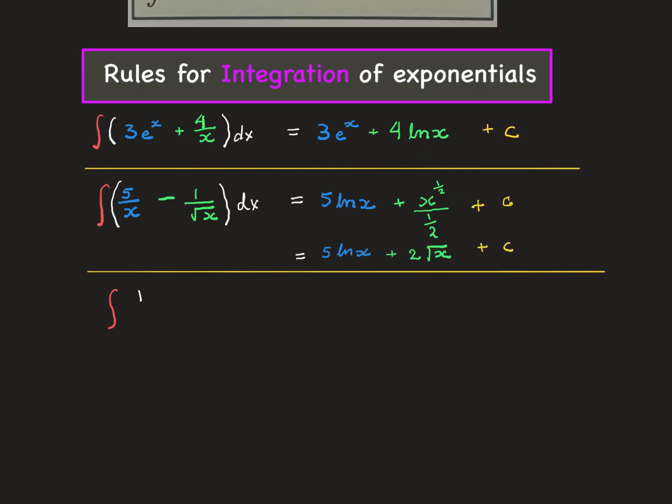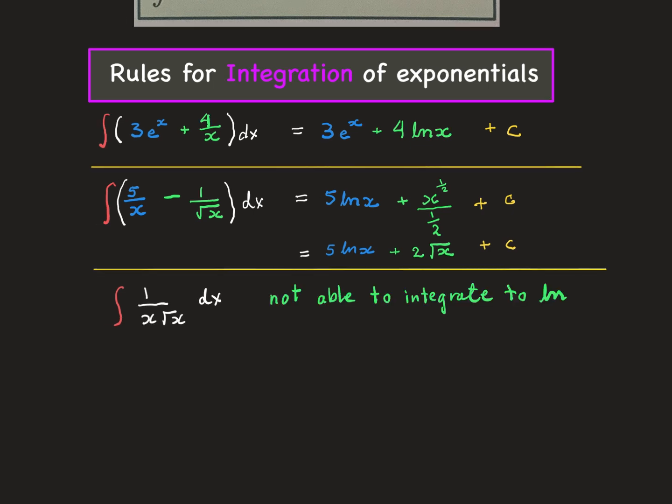Similarly, if I was to integrate 1 over x root x dx, this is not able to integrate to ln, because 1 over x root x can be rewritten